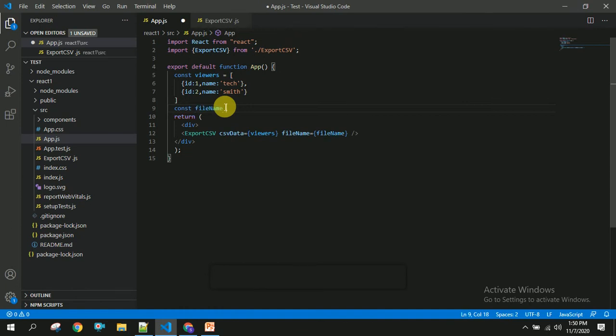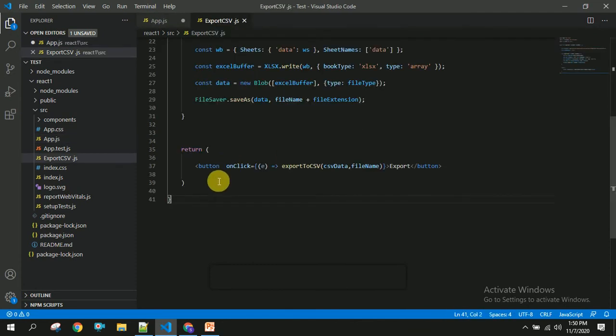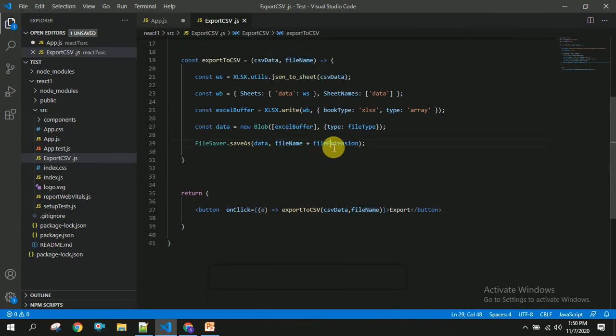So file name equal to export, so I am giving this file name, and you have to copy this and paste here. Based on that it will move to that export CSV file and it will go here and it will save here.